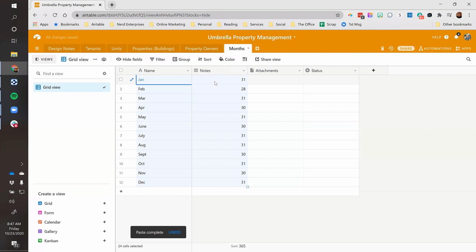Okay, so what I did was I created a column just to name each of the months, and then a column that shows me how many days are in that month, right? And I just did this so I can do kind of a lookup, right? So now if I go back over to my tenants table,